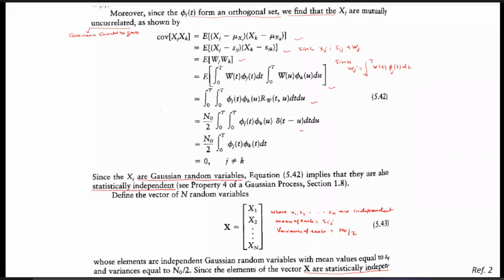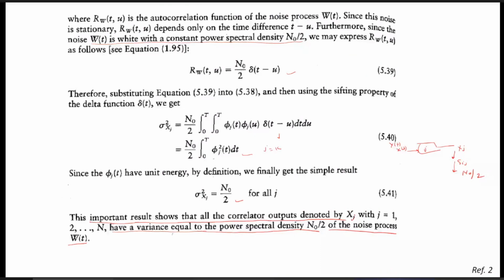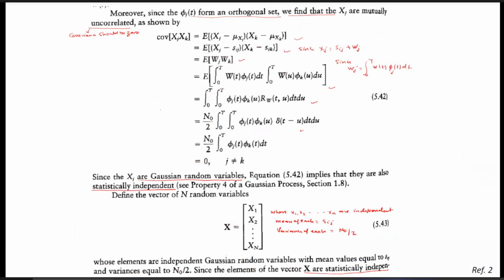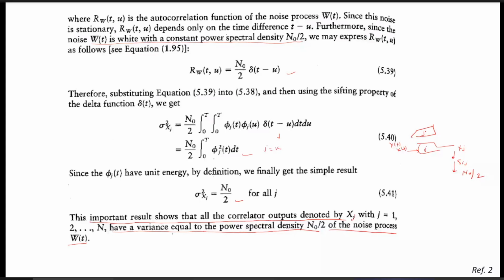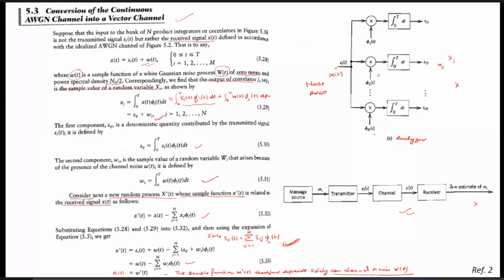Now, at the same time, consider the outputs of the correlators. If this one is the jth correlator and this one is the kth correlator, then the output of that one is xk. These are uncorrelated to each other. As you can see here, N correlators are used. The output of this one is random variable xj, and the output of this correlator is xk, and xj and xk are independent and at the same time uncorrelated to each other.